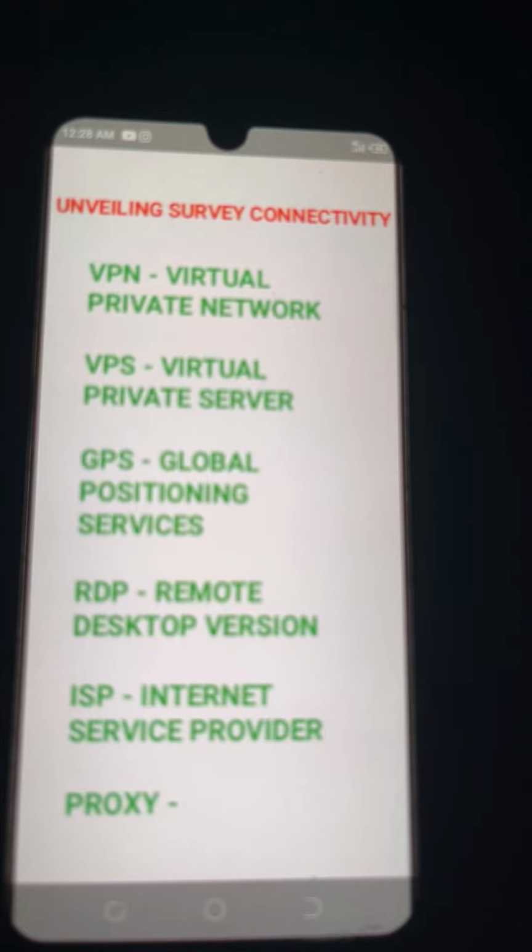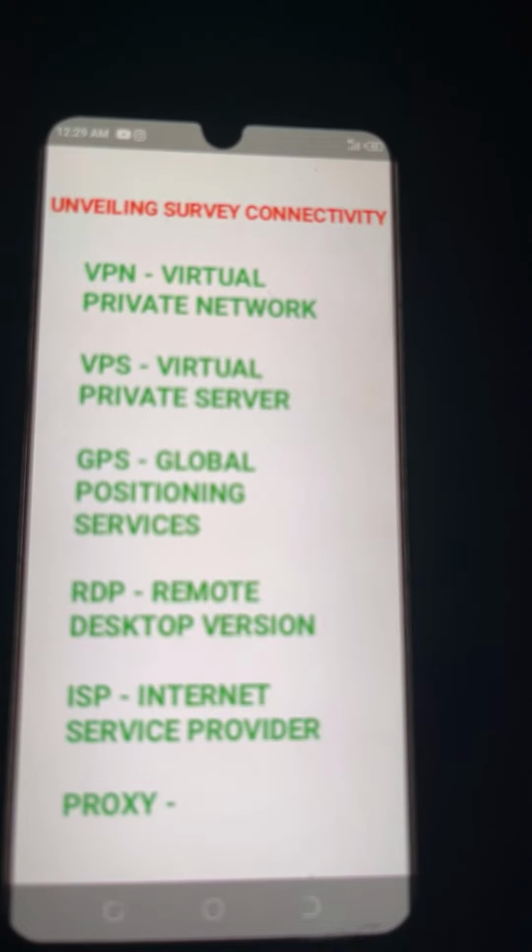Those data service IPs are not good for surveys. It's only good for social media management and bypassing all these overcrowded